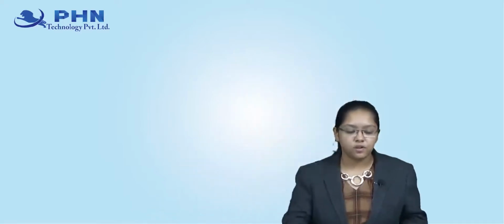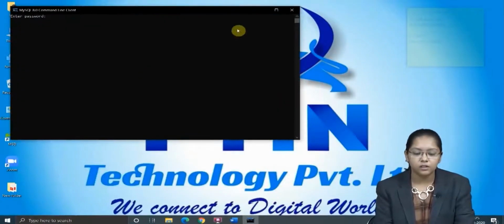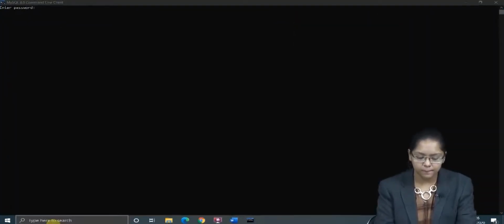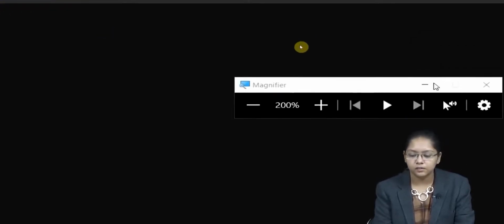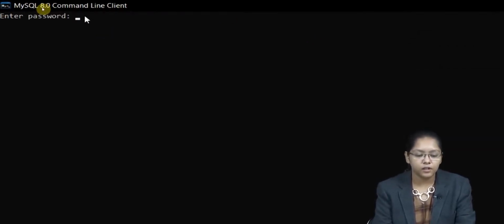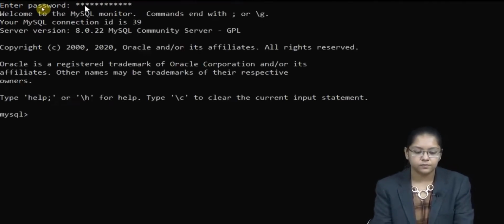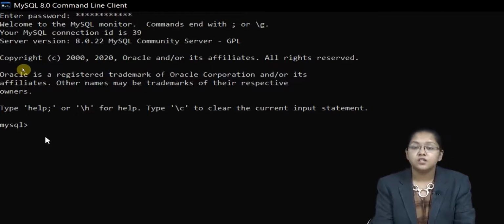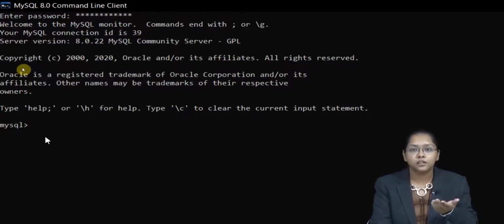First of all, let's open the MySQL command line over here. Now I will just zoom this. Now that I have entered the password, first I will see which databases are created.